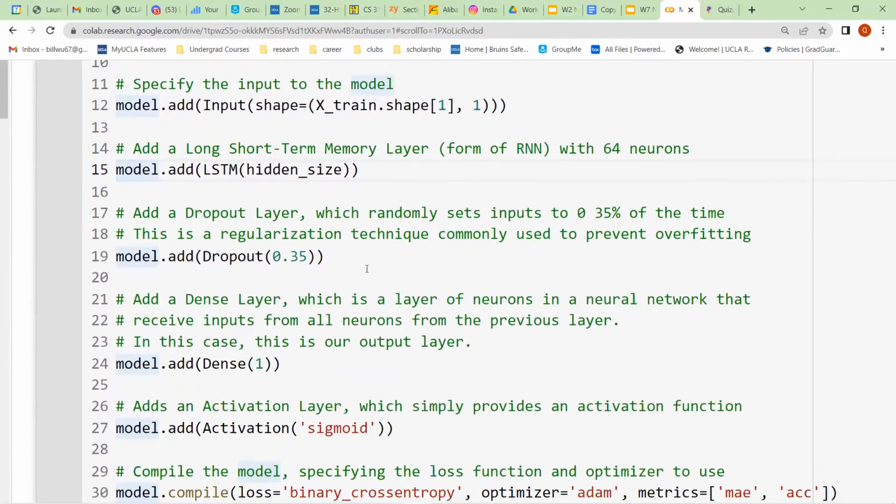The next thing we're going to do is add a dropout layer. And basically, what we're doing with the dropout layer is actually making our model's predictions worse, right? The reason we want to do this is to prevent this phenomenon known as overfitting. So we talked about overfitting in the slides. Would anybody like to remind me what that is? Yes.